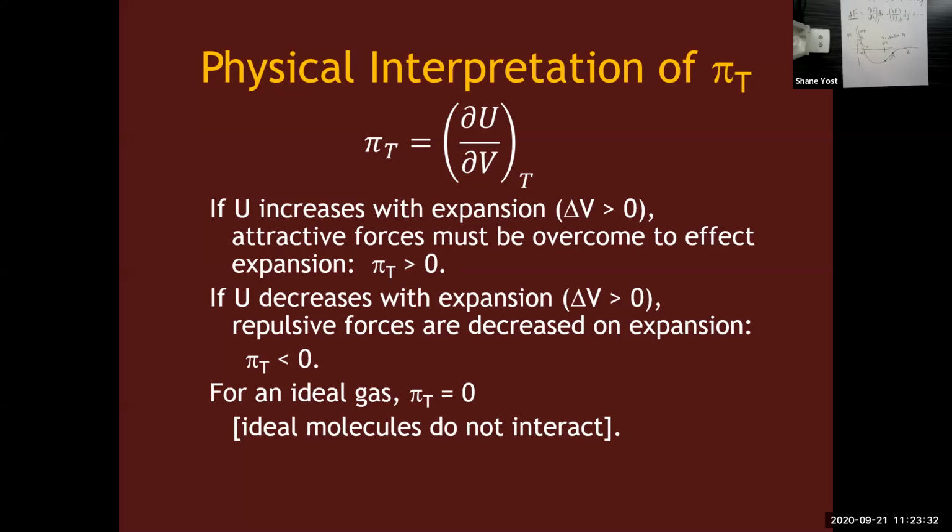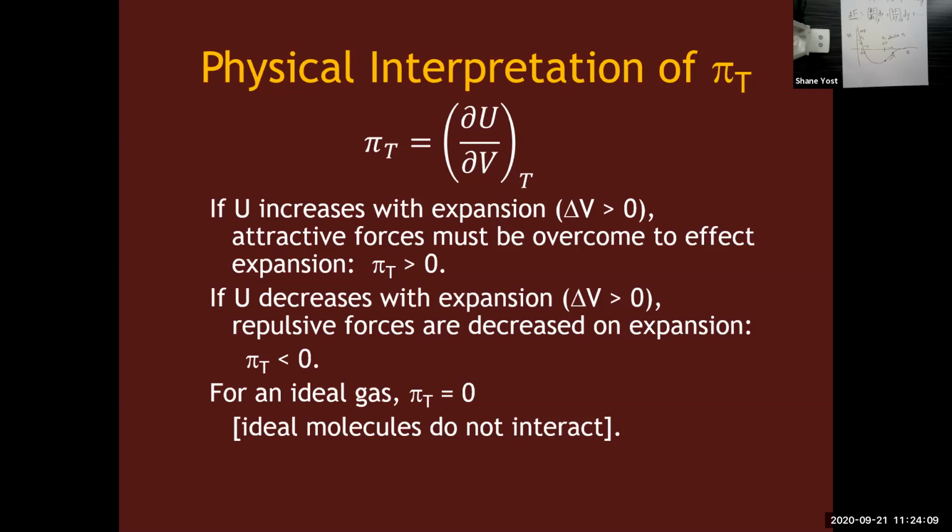So everything's positive, okay? And that is in your region of potential energy, if you will, for these intermolecular forces, when attractive forces are more dominant, because we're having to overcome those attractive forces in order to break these things apart, okay? And then similarly, if U decreases with an increase in delta V, that means dU or delta U is negative, so pi sub t is negative, and that occurs when repulsive forces are dominating, okay?